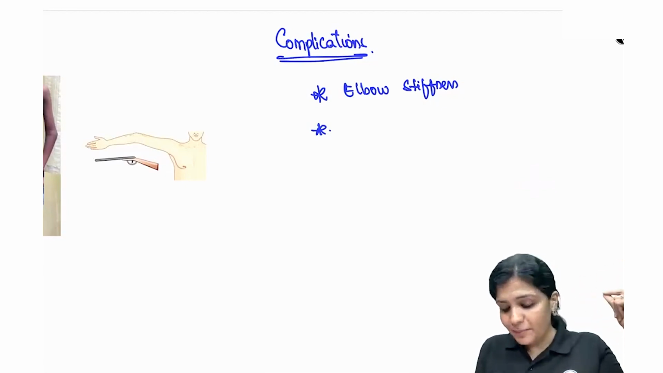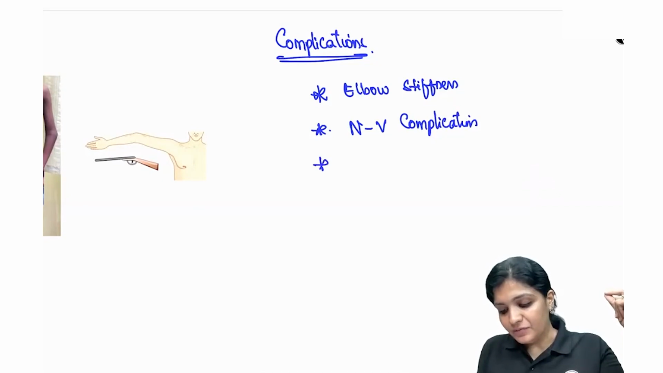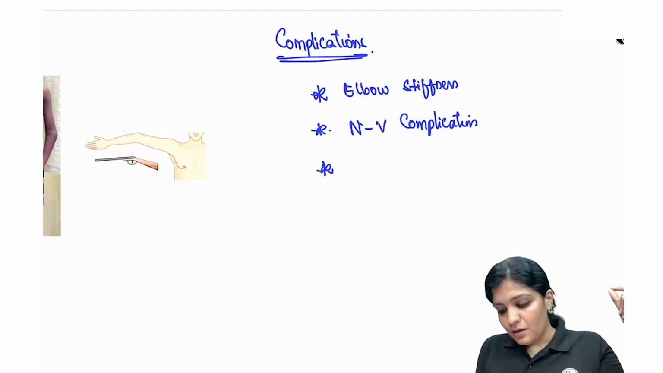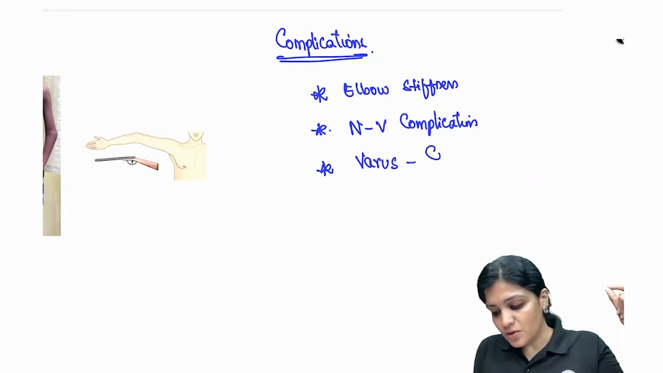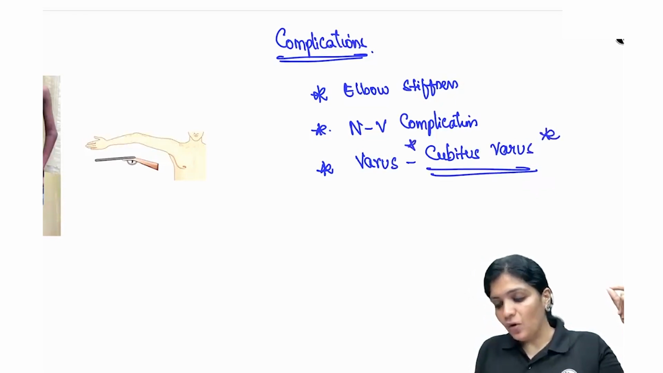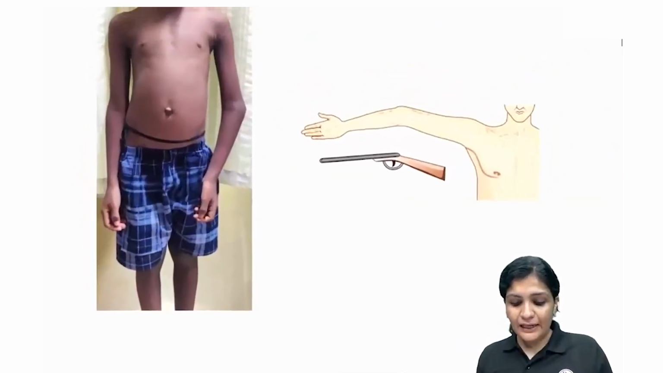But what are we worried about? We are worried about the neurovascular complications which we have learnt, the brachial artery, the median nerve, the anterior interosseous nerve. And then there is one more important thing which you have to remember, which is the alignment. So it results in varus, which is called cubitus varus. This is because when reduction is not proper or on neglecting this supracondylar fracture,